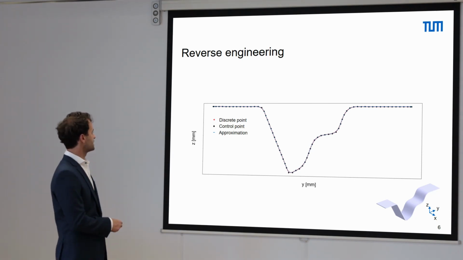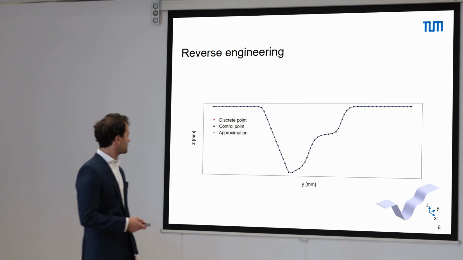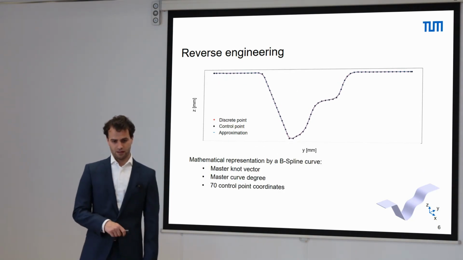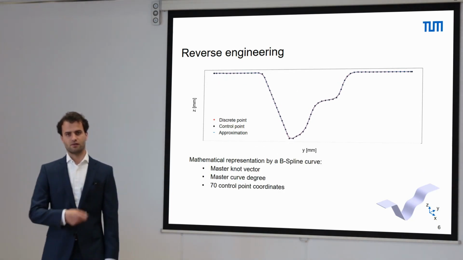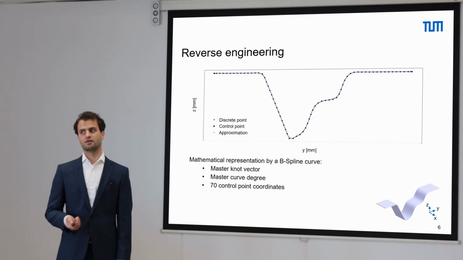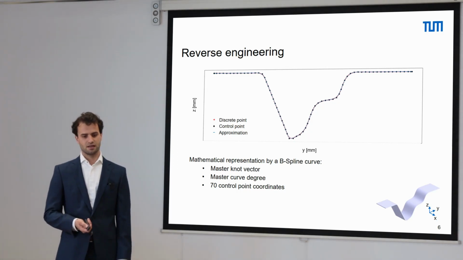So let's say this is our approximation for the target geometry that is satisfying the process. Then we have a master knot vector and a master curve degree, which was 3 in this case, and 70